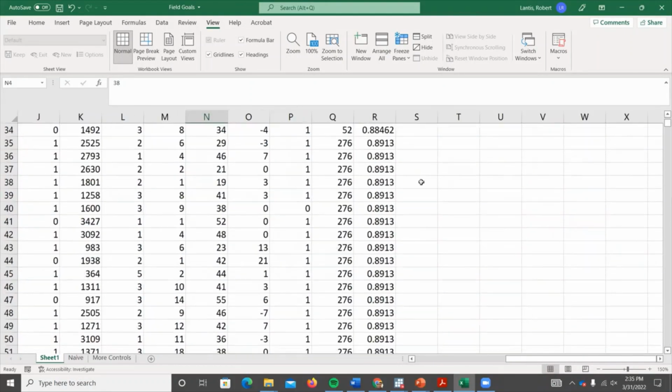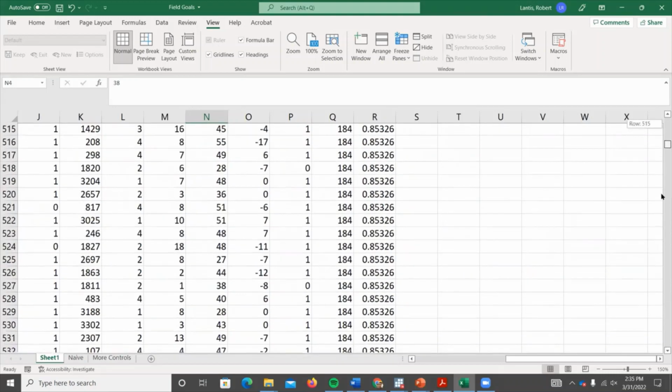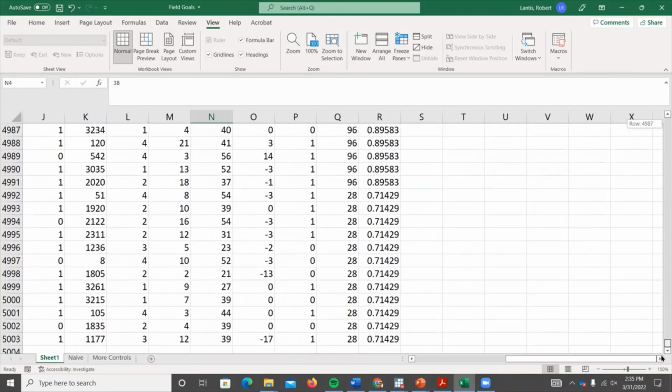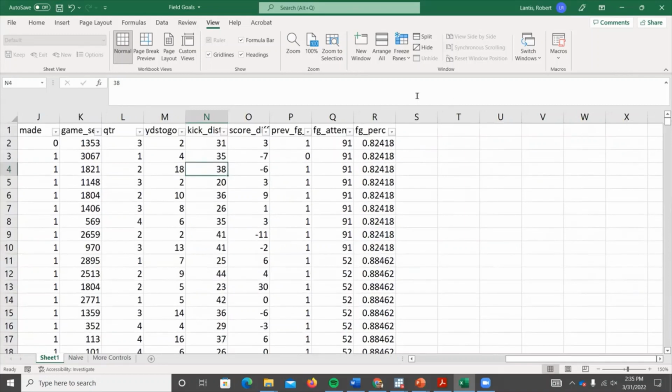I notice these field goal percentages are pretty high. I think I dropped kickers who had fewer than like 20 kicks in the NFL or something like that. So these are career kickers, and they all have pretty high percentages. So one thing I wanted to show you, and your question was great because I had already planned